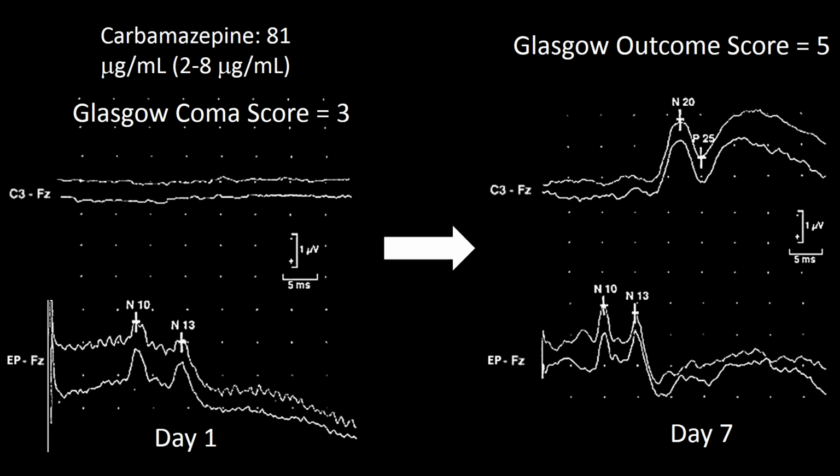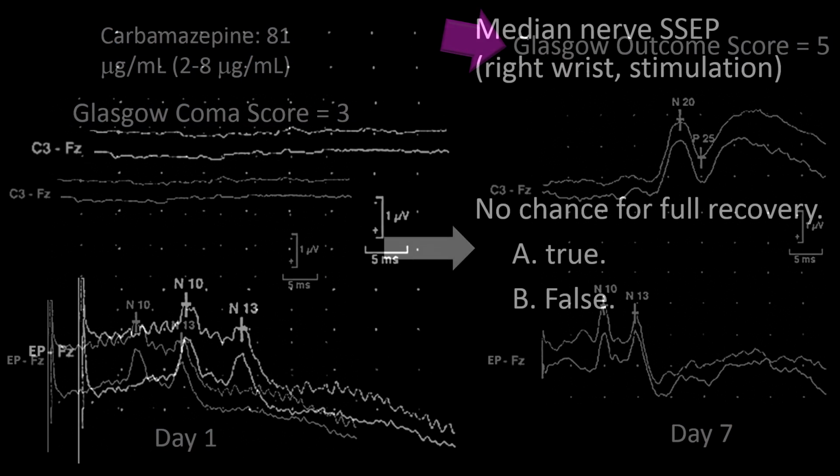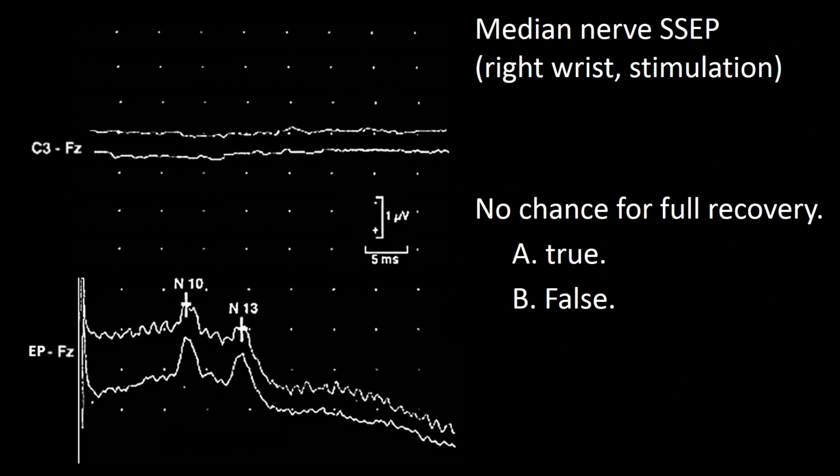Now, 7 days later, this study is repeated, and here, as you can see, the scalp potentials have returned. Notice that the Glasgow outcome score is 5, indicating a very good prognosis. So the answer to this question is